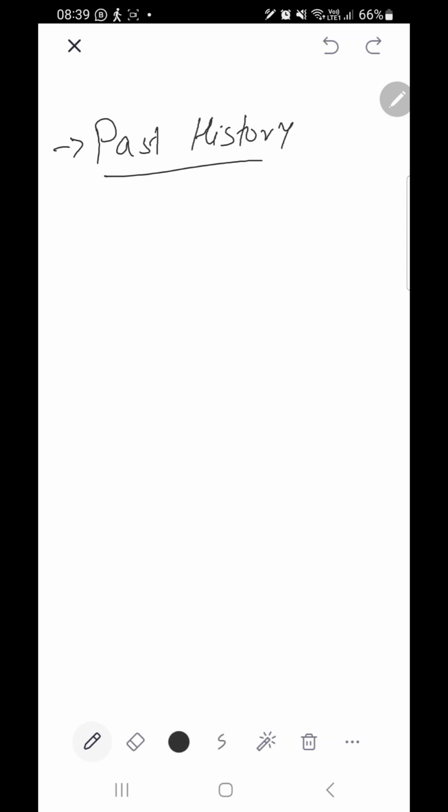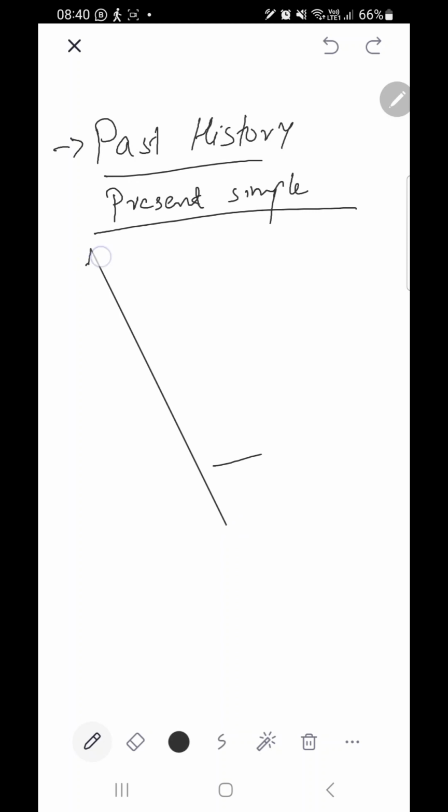First of all, we are describing this thing. Okay, so we can see that in the past history part, we can maybe sometimes use present simple. Let's say, for example, he